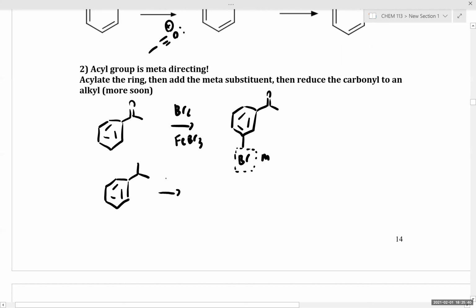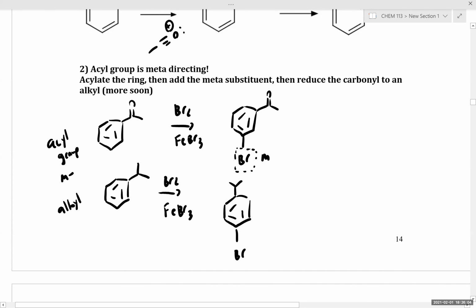If we try this same reaction with an alkyl group in place, we will see reaction primarily at the ortho and para positions. So as we notice, the acyl group promotes substitution at the meta position, while your alkyl group promotes substitution at the ortho and para position. So Friedel-Crafts acylation and alkylation also install two different types of directing groups. And depending on what